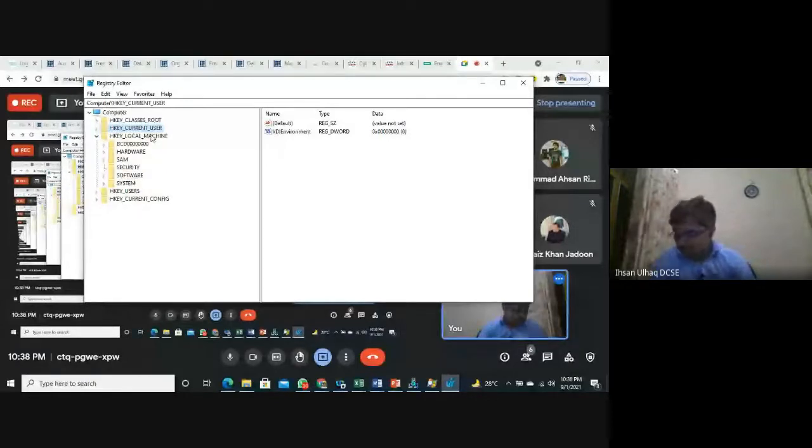By H key local machine, it means that it stores the information used by the registered applications like H की लोकल मशीन इज आपकी जो लोकल मशीन है उसकी जो भी कॉन्फ़िगरेशंस हैं, ये सारी इंफॉर्मेशन आपके अपने पास रखता है। कौन से सॉफ्टवेयर्स हैं, कौन सी सिक्योरिटी की सेटिंग है, हार्डवेयर की सेटिंग है, सारा कुछ लोकल मशीन के अंदर है।